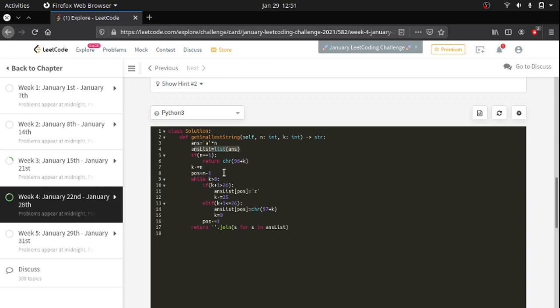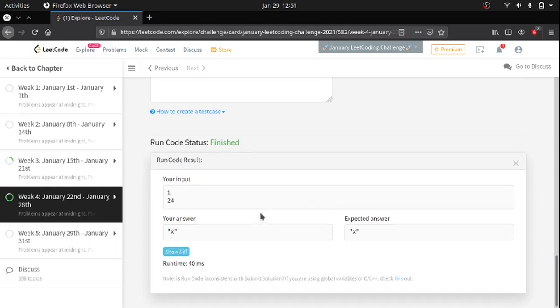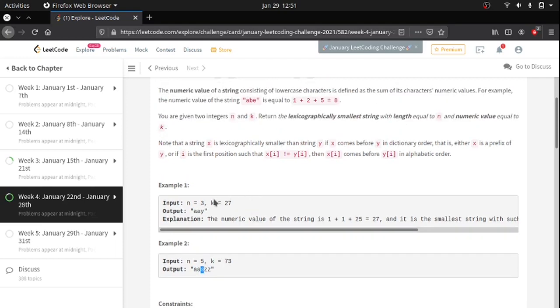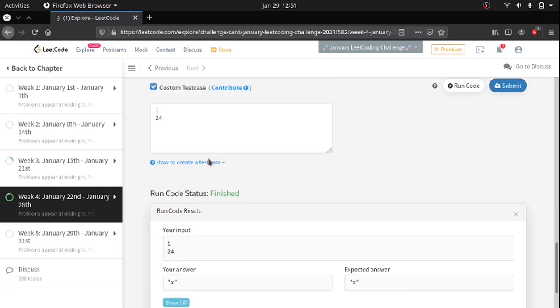I am going to change that position in such a way that if the k value is greater than 26, I am definitely going to arrange the last element as z. If it is not greater than 26, I am going to arrange the kth character. Do you understand? If k equals, let's say, 24, I am going to arrange the character x there, because the value of x is 24. That's all simple. So the output string will be all a's and all z's, and there will be one element which is other than a and z. Let me show you the output, you will understand better.